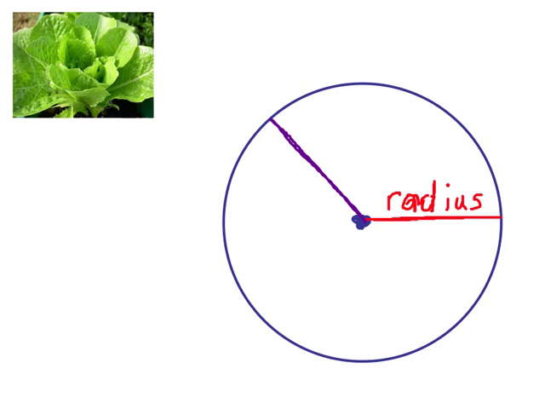Anyway, the other part of this is a diameter. Basically, a diameter goes all the way across the circle through the center like this. Notice something here. The diameter is basically two radii, or a radius and another radius, so the radius doubled. Two times the radius makes the diameter. It's an important thing to remember for some of these formulas coming up